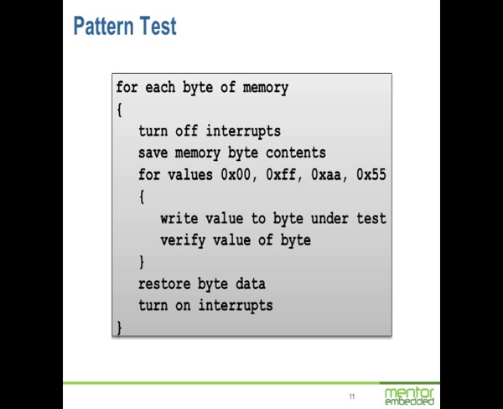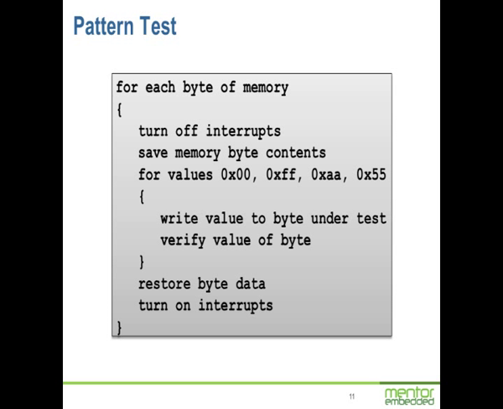The logic of this is 0 is zeros, obviously. That checks that all bits will set to 0. FF checks that all bits will go to 1. Then AA and 55 are the alternate 1010 type patterns, which is checking for crosstalk in as reasonable a way as possible. So you simply write the value, make sure it's okay, and then restore it, and then go around again. If you run this in a background task, assuming that task is getting some CPU time, and if you use a time slice mechanism like Serge was talking about, you do have a guaranteed amount of time that that task could have if you have a special task looking after self-testing.